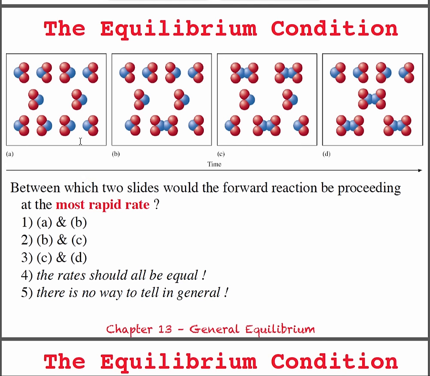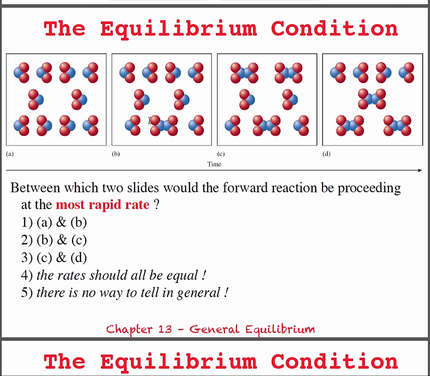It's actually arguable that you couldn't have such a small quantity and reach a steady state equilibrium of sorts, but in any case, the question here is which two slides would the forward reaction be proceeding at the most rapid rate? Don't most reactions go the fastest or the most quickly in the beginning? So how about A and B? So between here and here,